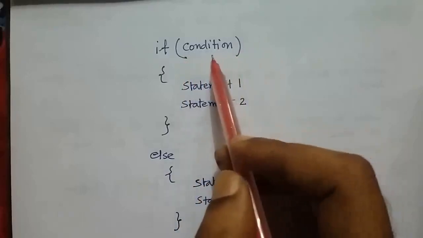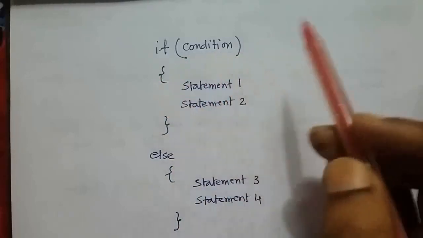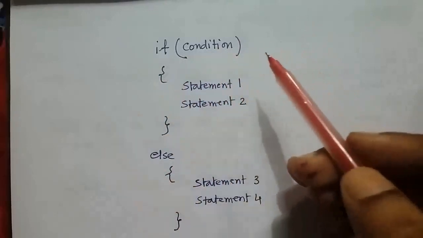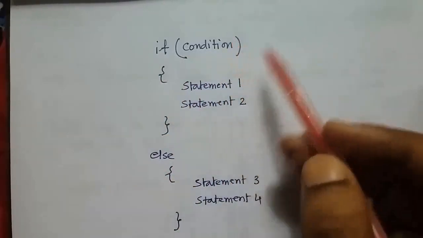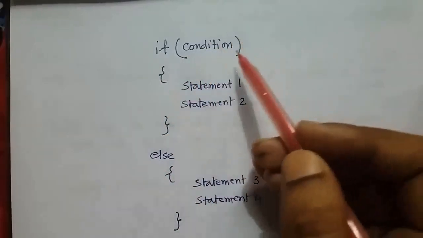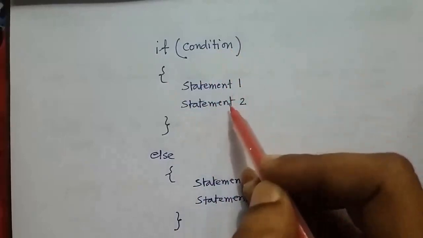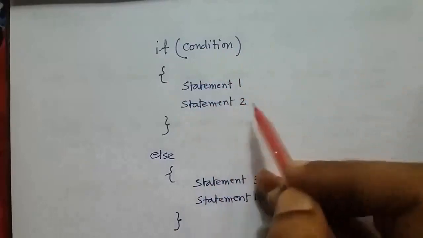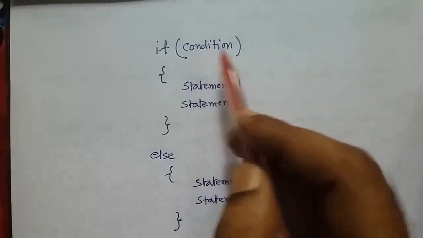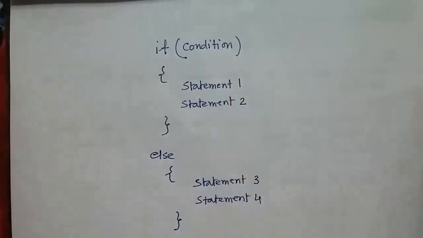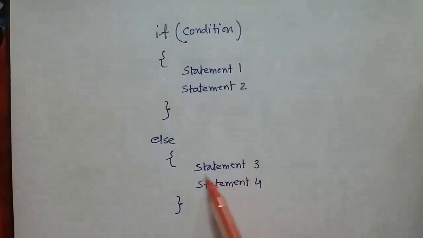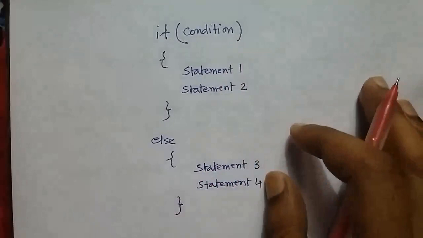Here condition means any relational expression or maybe a logical expression. So if this condition evaluates to true, then these two statements will be executed, statement 1 and statement 2. And if the condition evaluates to false, then statement 3 and statement 4 will be executed. So basically in this chapter